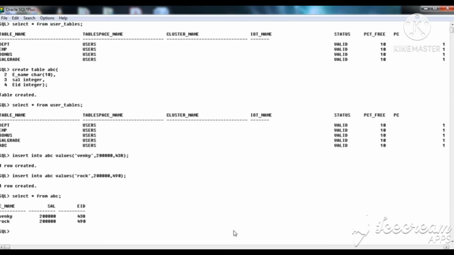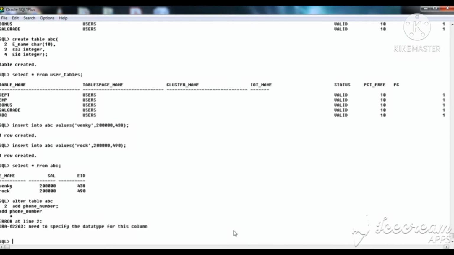Now I use the alter command, alter table ABC. I am adding one more column to the table, phone number, that is the phone number column, semicolon. Sorry, I have not specified the data type.